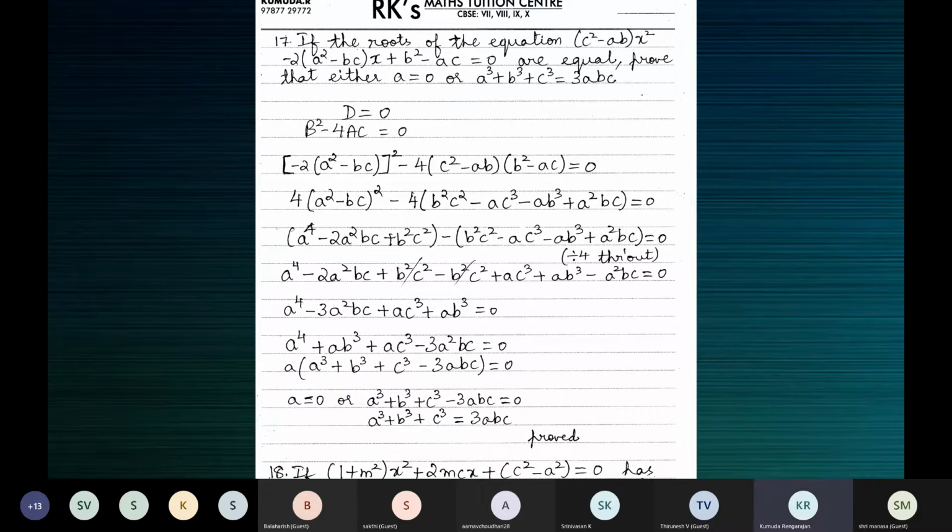You just have to write d is equal to 0, b square minus 4ac is 0, and that's it. Substitute, and it's all about 8th standard. See, expanding using x minus y the whole square, multiplying a binomial with a binomial, and then when there's a minus outside, multiplying the terms after the minus sign with the minus sign. These things we've been learning since 7th standard.